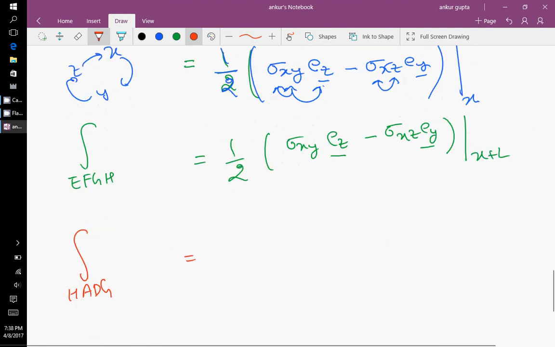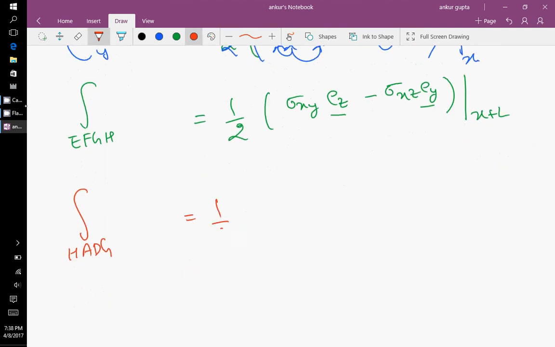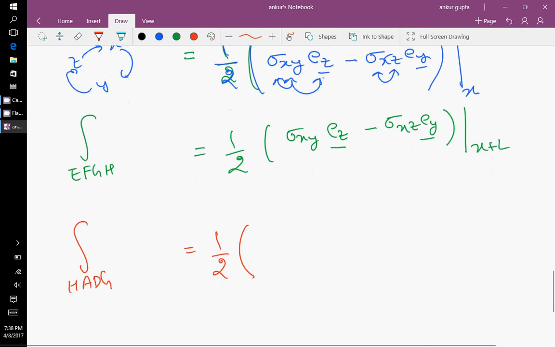So what we can do is write HADG as a normal in the y direction. So here we will get ex and ey, right? So we'll have sigma yz ex, right? Because we have to get, sorry, I meant here